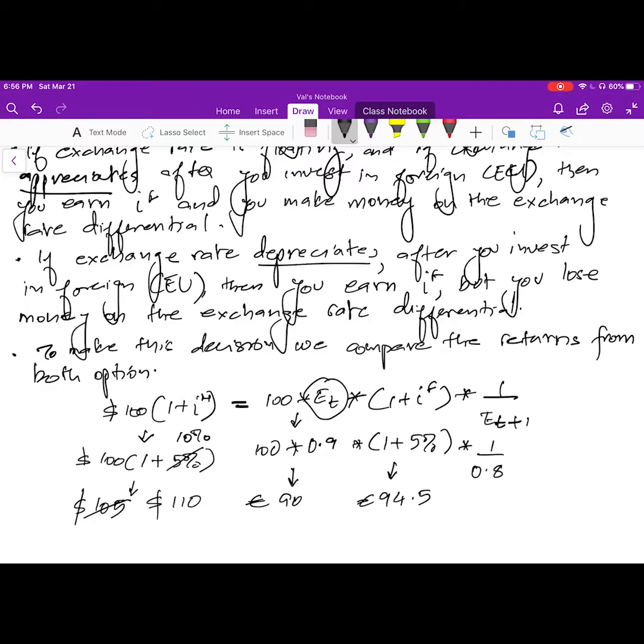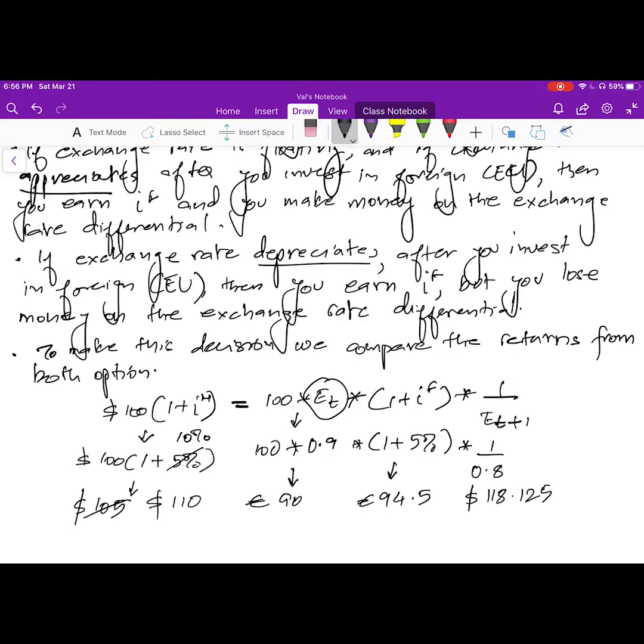So you take your 94.5 and you exchange it by 0.8 to convert it into dollars. I'm going to use a calculator real quick for this. You end up with $118.125,